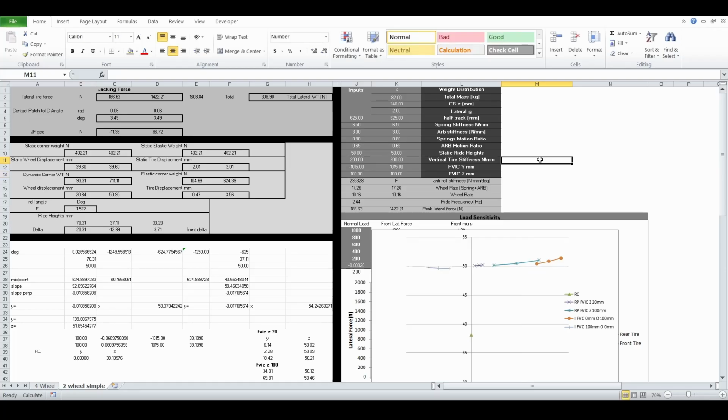So move that back to 100. And we'll take now the outside tire instant center vertical location. We'll move it to 0. So the outside tire has no jacking force. But we see now the roll angle is 1.752. So it went up about 0.2 degrees. So there's a much bigger difference of moving the outside tire to 0 jacking force than the inside tire to 0. So if you want a consistent feel car, I'd say try to have that inline angle of the outside tire